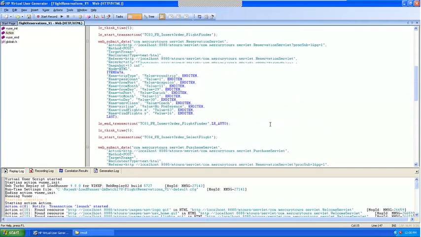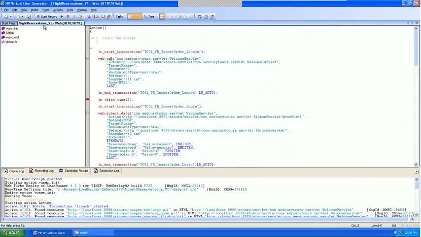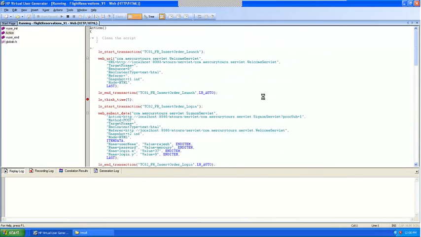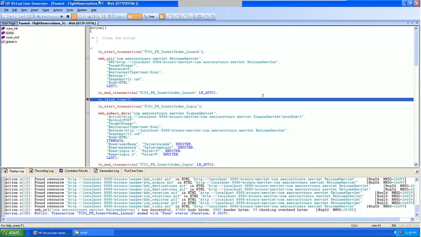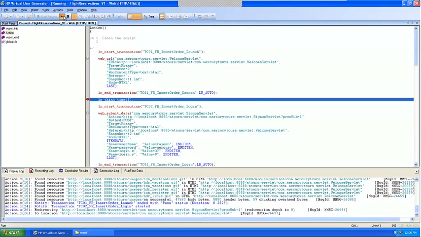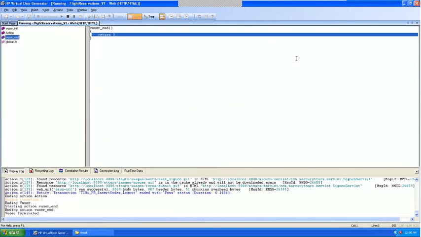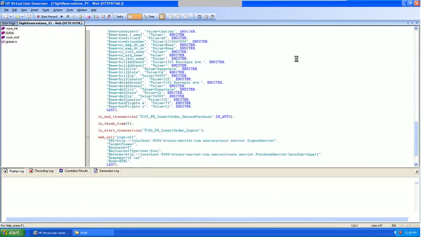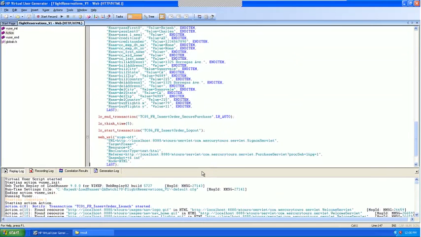Save. Let's run this once again to see everything. All the start and end transactions are in line. Fine. So everything looks good. Test runs fine. How do you know that the test passed? Go to view test results.